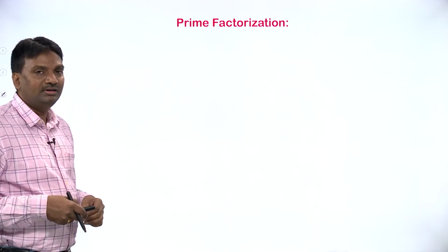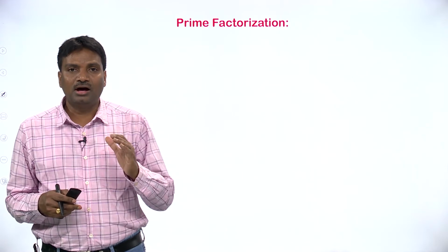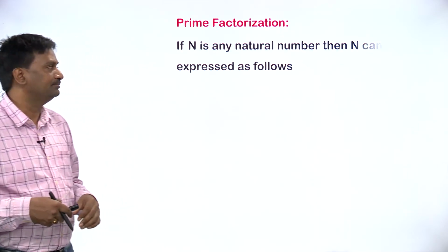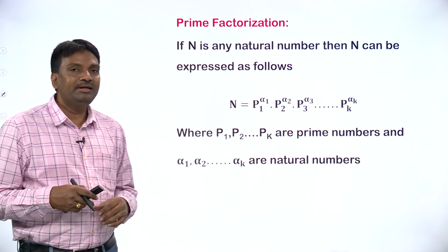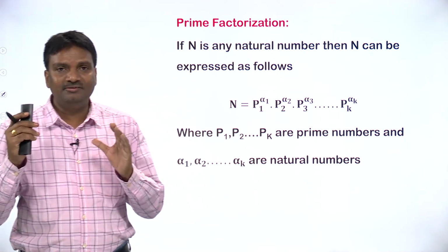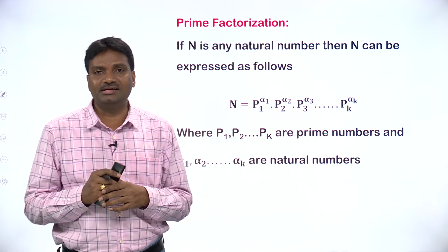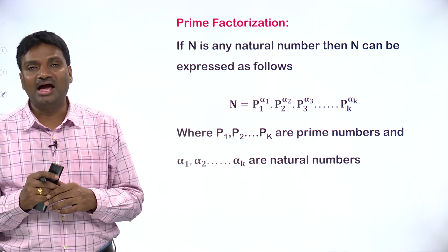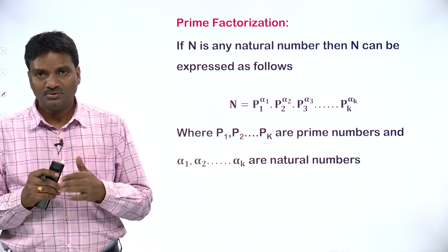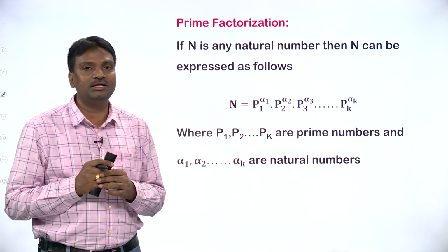Next, this is the next concept. So far we have done the problems related to the concept of LCM and HCF. Now we are discussing prime factorization. Here, in prime factorization, we have to express the given number as the product of prime numbers. We have to express the given natural number. We know the natural numbers begin with 1, and we can't say there is a greatest natural number, but we can say the least natural number is 1 only.